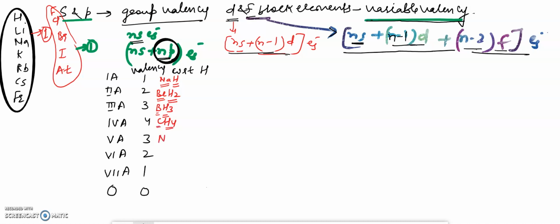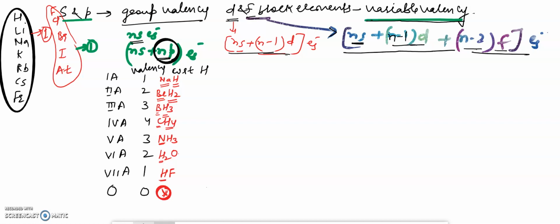Now see, NH3. How many hydrogens are there? 3. So the valency of nitrogen is 3. H2O, how many hydrogen atoms here? 2. So the valency of oxygen is 2. See, HF, HCl, HBr. How many hydrogens are there? 1. So the valency of F or Cl or Br will always be 1. And with 0 group elements, no compound will be formed with hydrogen. So valency will be 0. Valency of 0 group elements will be 0 with respect to hydrogen.